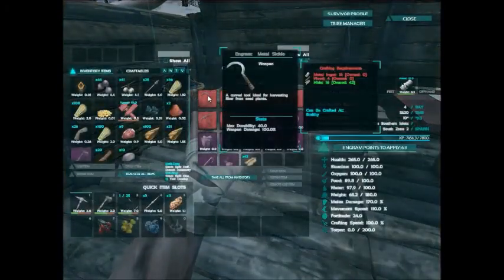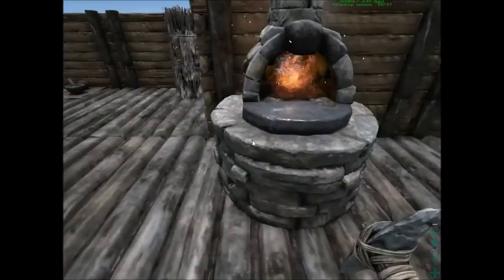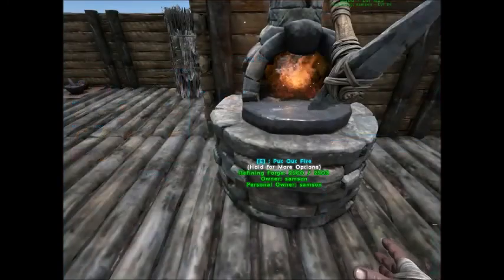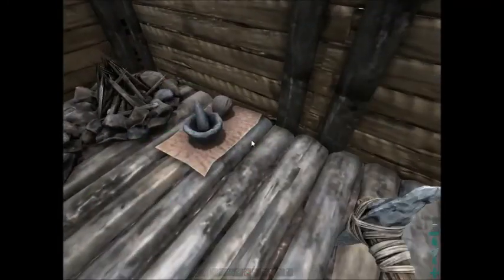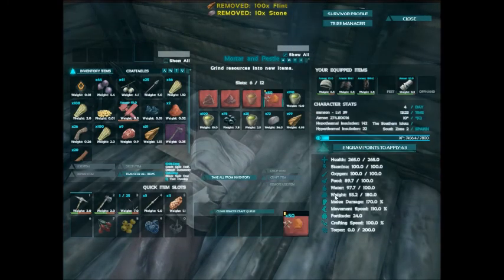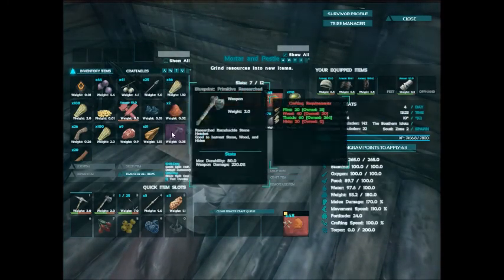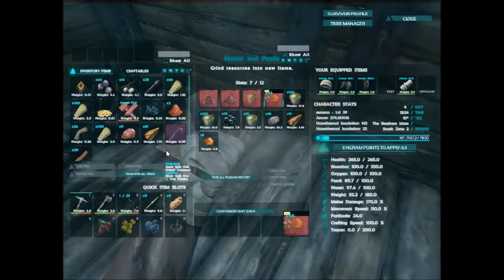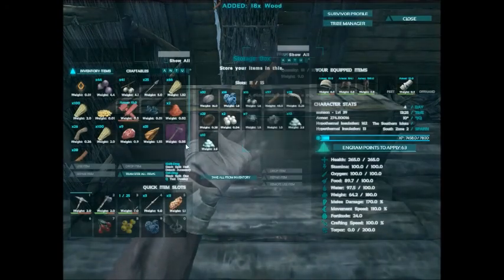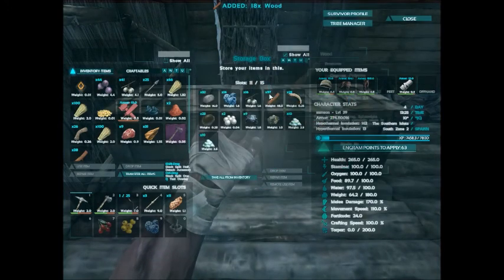But for now, I think we're going to go for a metal sickle. We should have enough metal by the time this all cooks down. So while we're waiting on that, maybe we should craft up this cool new axe. So we're going to need a little more wood, a little more hide. So let's check. I think I have all of that here. A little bit more wood,